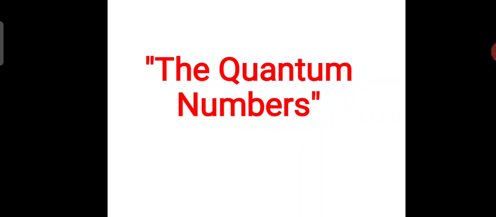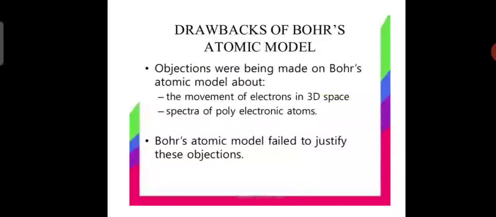Yung kanyang model? So, yung model niya tungkol dun sa planetary model, 'di ba? So, kinumpara niya yung model ng atom doon sa solar system, saan yung sun, yun yung represent ng nucleus, and the planets are represented by the electrons moving around the nucleus. Okay? So, there's what we call as the drawback in the Bohr's atomic model, no?